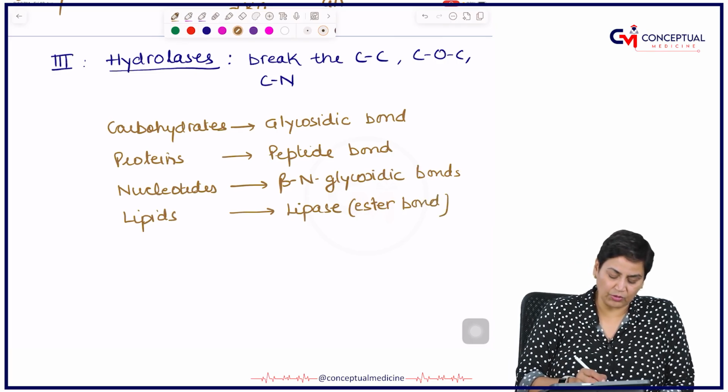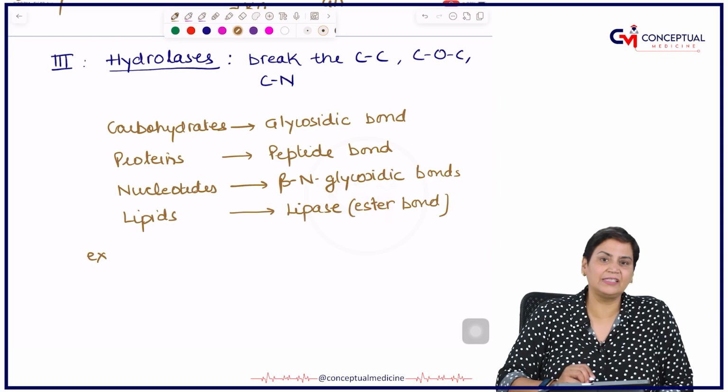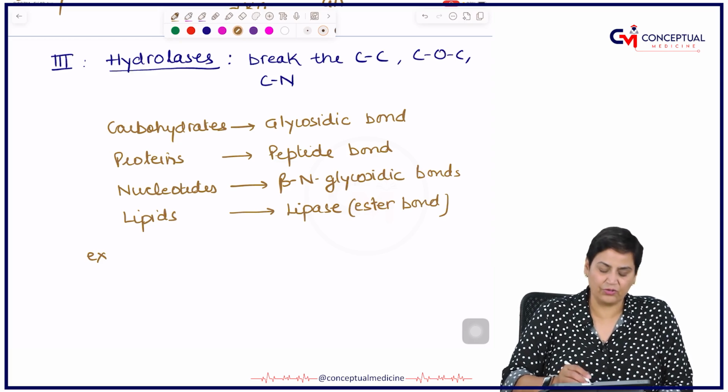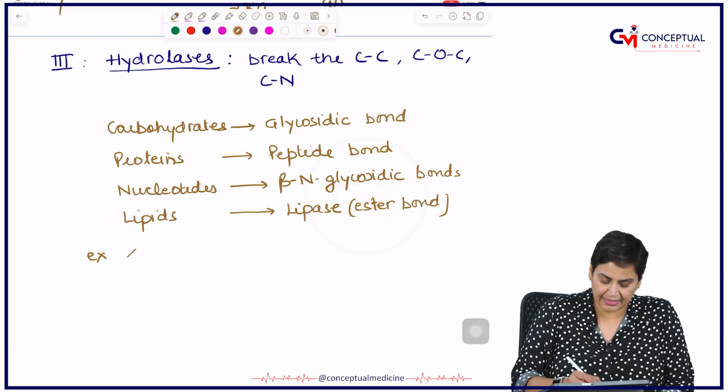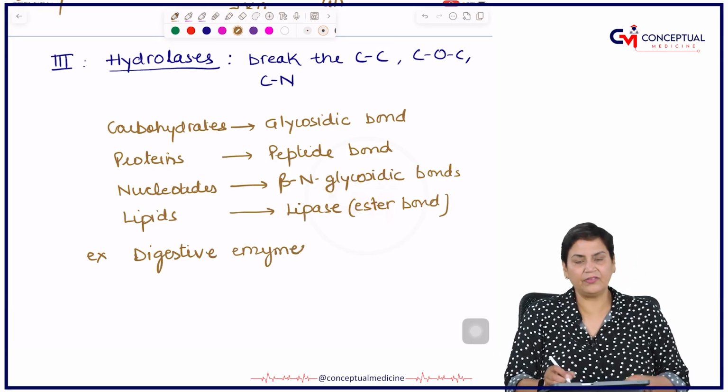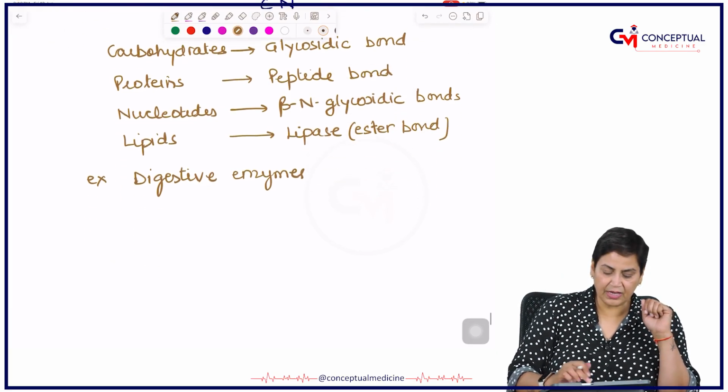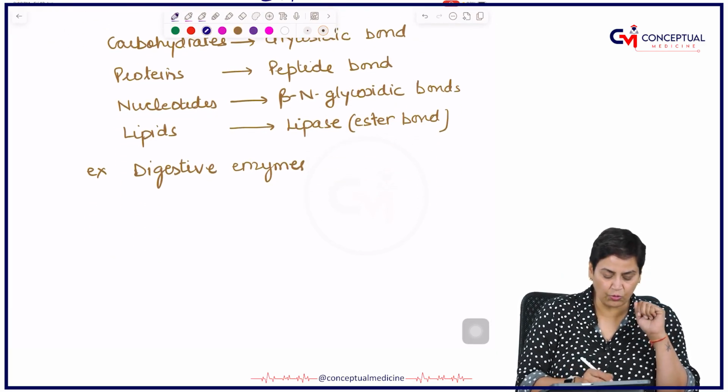So if we talk about examples, all the digestive enzymes will come to the category of hydrolases. Digestive enzymes. Then we come over to class 4,